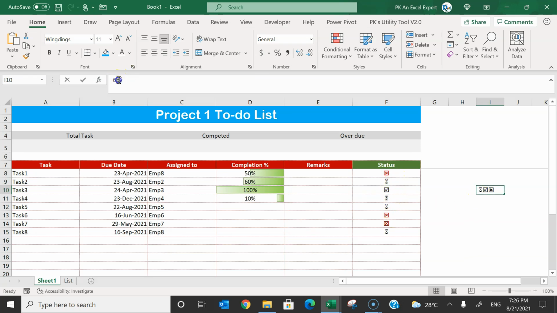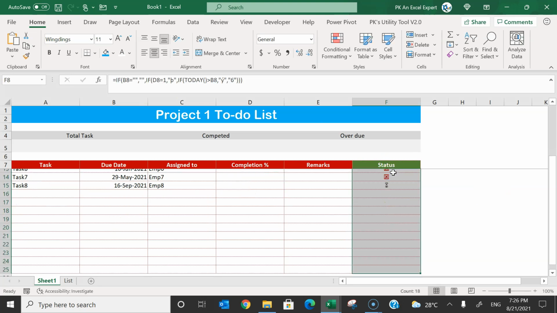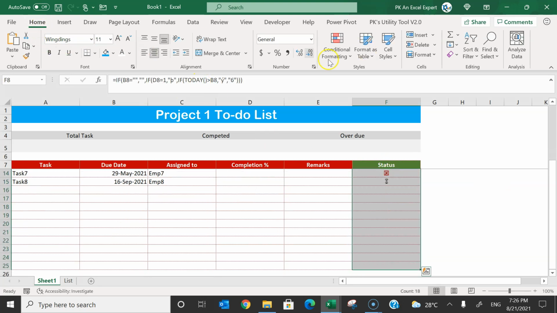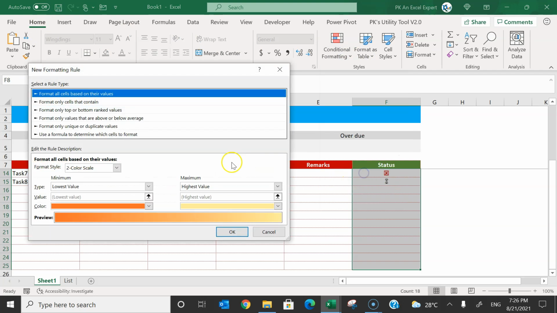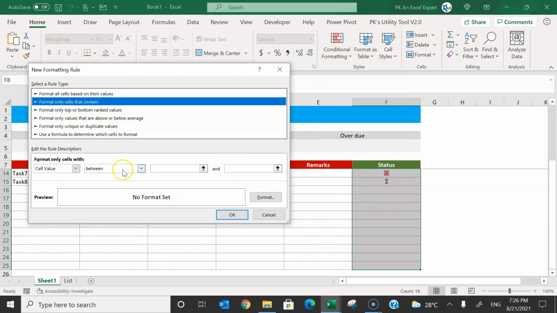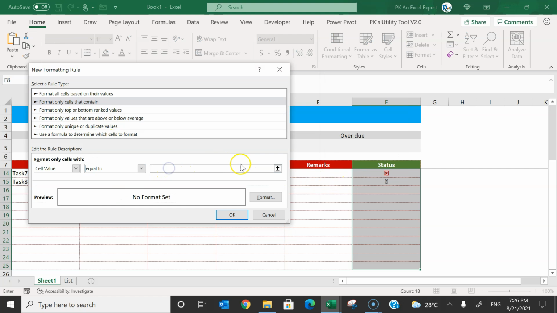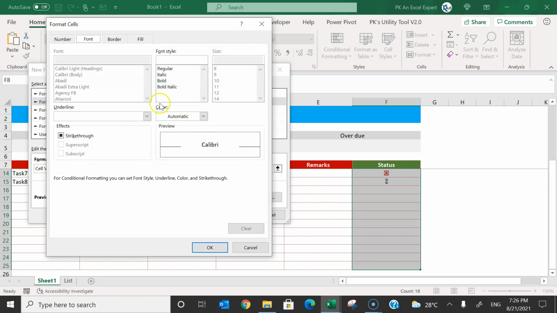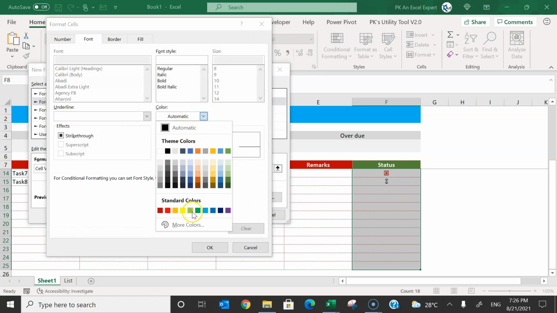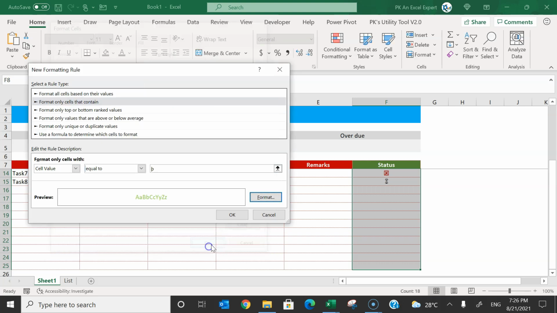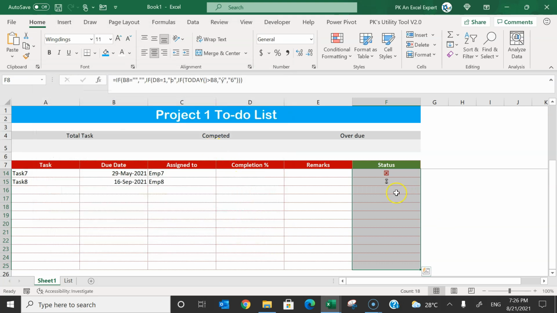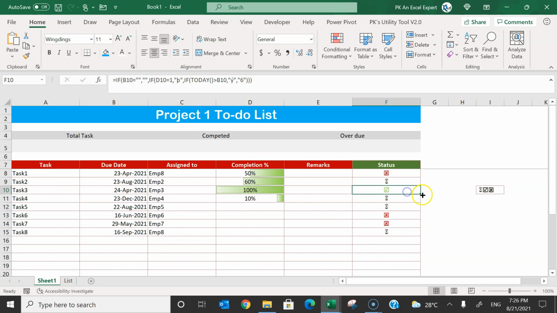Now for the check sign we will copy that text, this one, and select this range and go to Home, Conditional Formatting and New Rule. Select equal to, and we will paste that here, Format, and let's take this green. Click on OK. So here you can see it is in green.